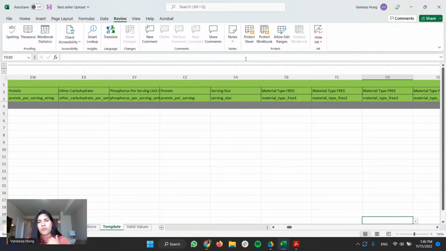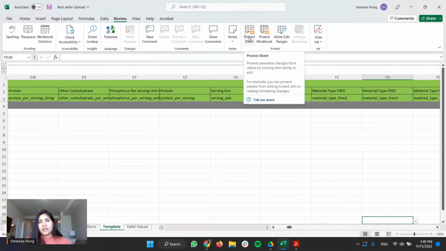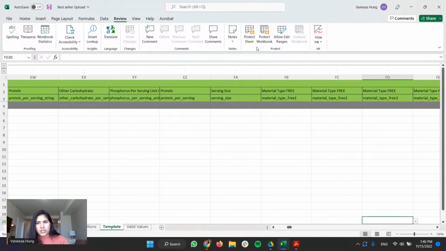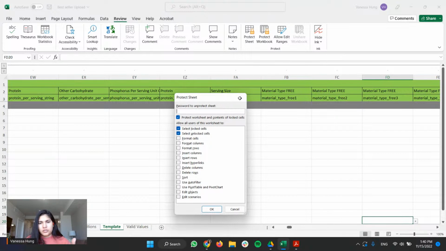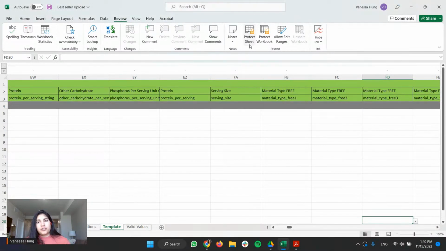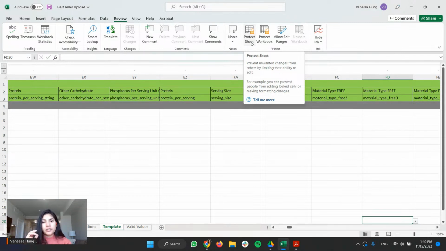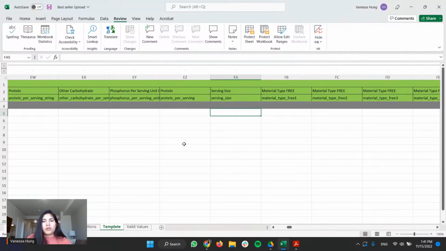Mine is unprotected already, but for you, it might read here unprotected sheet. You're gonna click that, you're gonna accept that, because that will tell the system that you will make changes to all attributes and sections. If you don't do that, you can come across issues trying to add more information or even deleting attributes. Okay, so that's the first part.